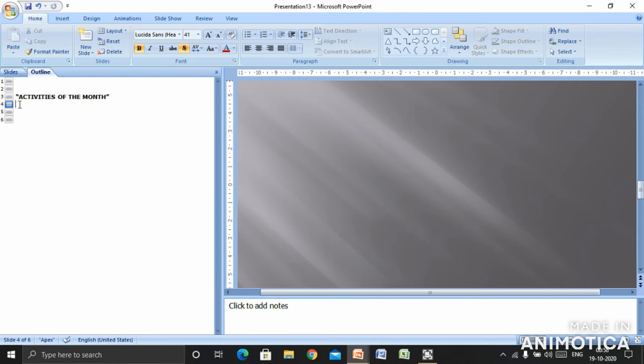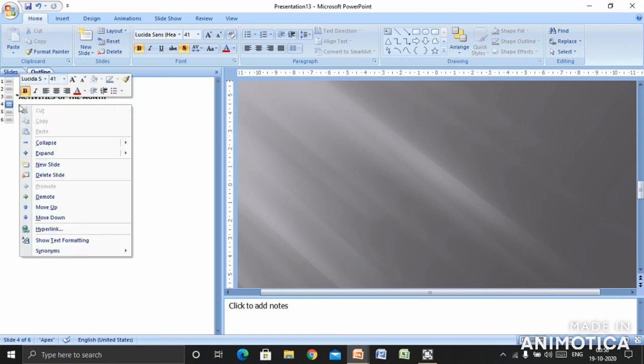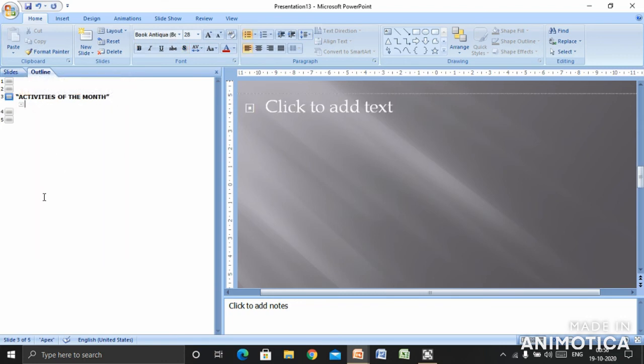Now after writing this, click on the outline tab. You will get a drop down menu. From here, click on the demote button. You can see here a bulleted list will come before you. Now in the bulleted list you can see what I'm writing here, like judo championship. You go through the book, children, all these things are mentioned in the textbook. Okay, judo championship.